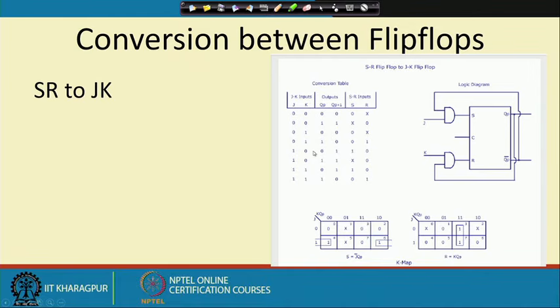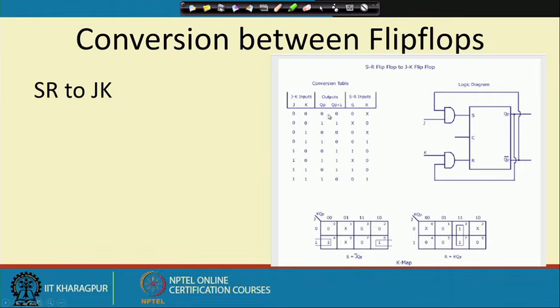So, if the J input is 1 and the K input is 0, irrespective of the previous value of QP, the output value is 1. And if J and K both are equal to 1, then if QP was 0, now it will become 1. If QP was 1, now it will become 0. Now we try to mimic this behavior by means of an SR flip flop. That is, in the SR flip flop we will try to put the values in S and R such that we get this type